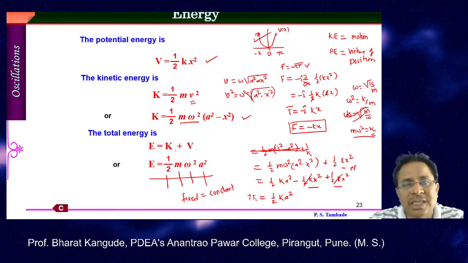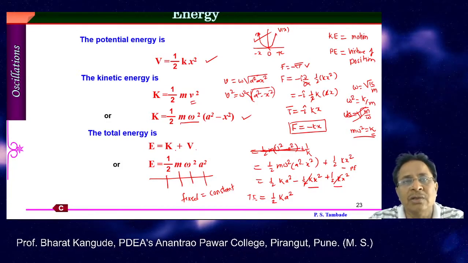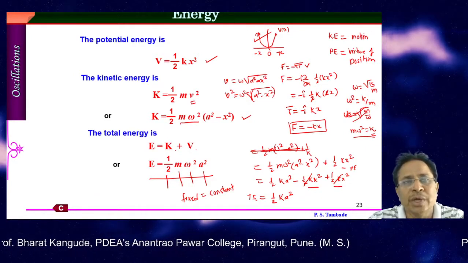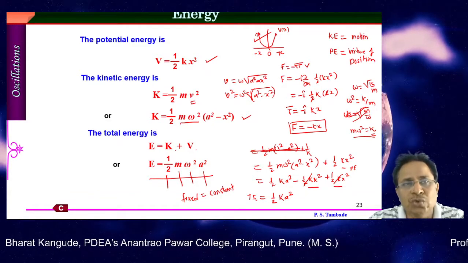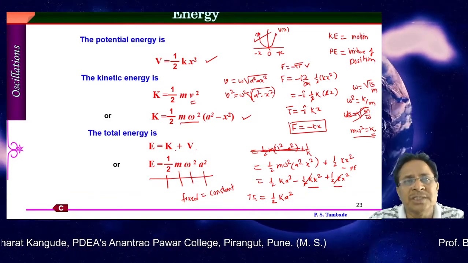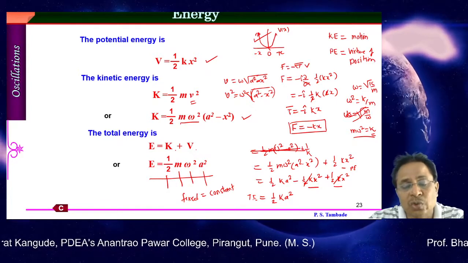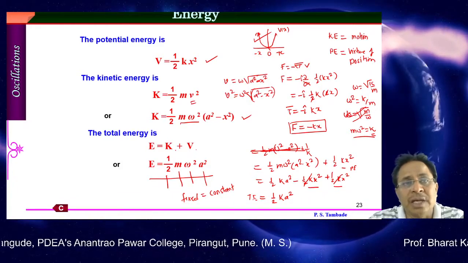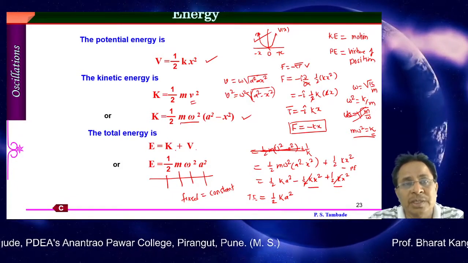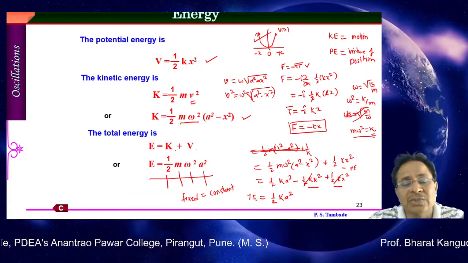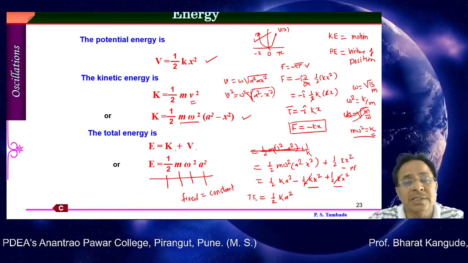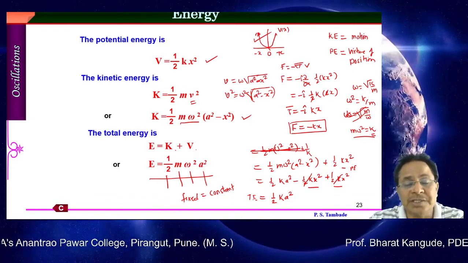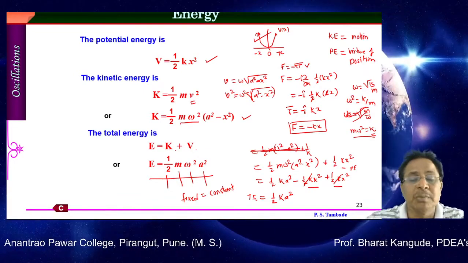That is what I said, these oscillators are only ideal theoretical oscillators on paper, and in such an oscillator it is assumed that there is no resistive force, and because of that there is no loss of energy. Energy of such systems remains constant. That can be shown graphically further, but please note, when we go to the second and third chapters, there we have to discuss some loss of energy. That is because of damping, and that's why these oscillations are a bit different from free or undamped oscillations. So we are going to discuss this part in detail in chapter number 2 and chapter number 3.